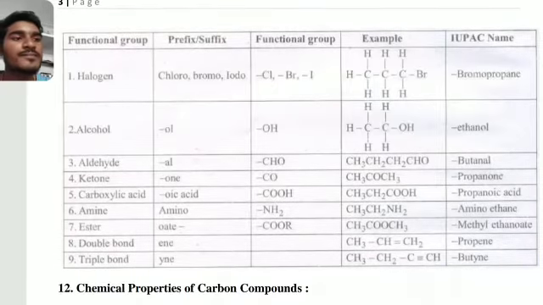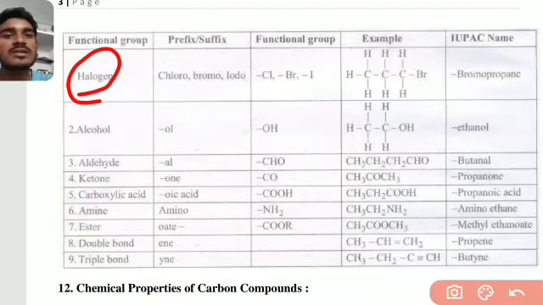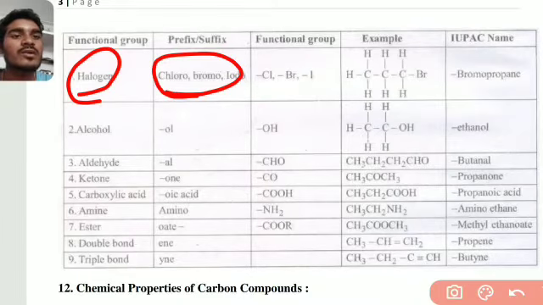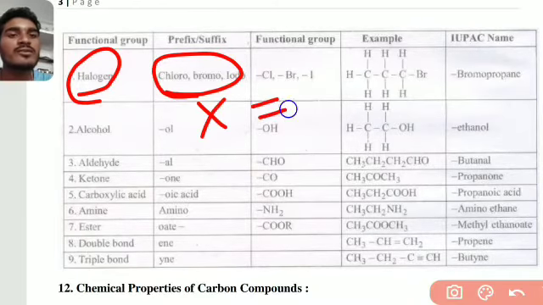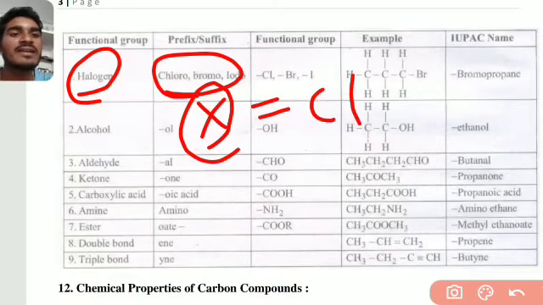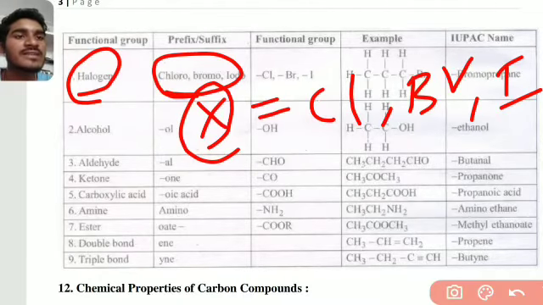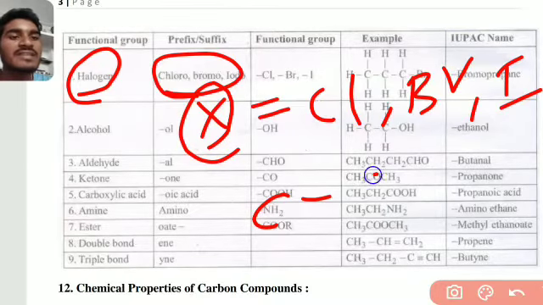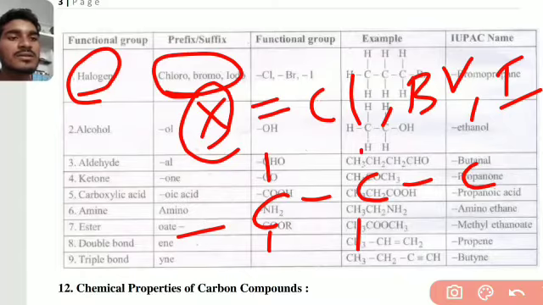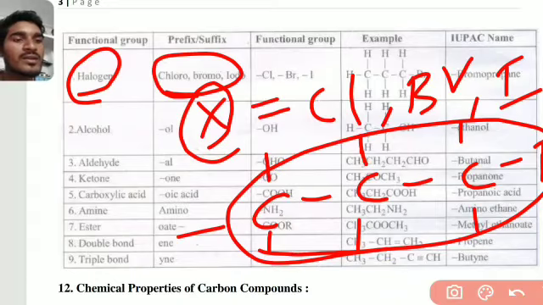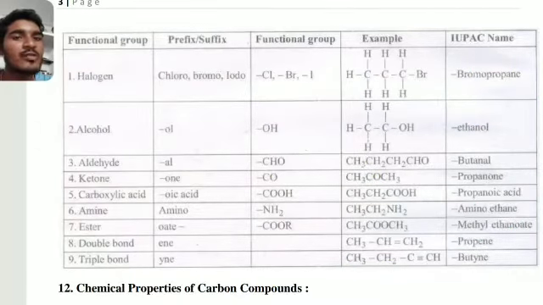This is a functional group here. Functional group halogens. In prefixes we have chloro, bromo, iodo, because the functional group is X, halogen indicates X, and chlorine, bromine, iodine. Another example is bromopropane. Here prop means 3 carbons, and it is substituted with bromine, so we call it bromopropane, right? Bromopropane. This is an example of halogens, the IUPAC name according to the rules.